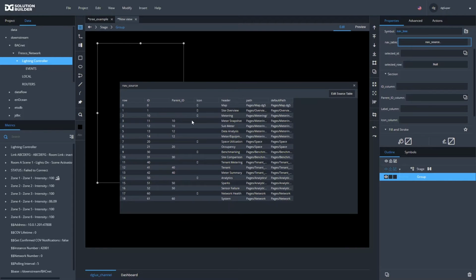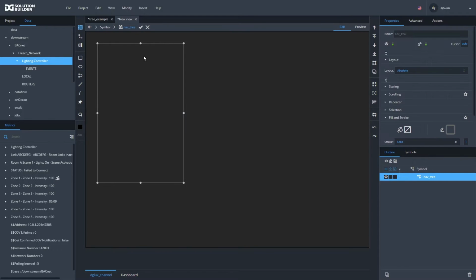So as we have our table, we can tell that our ID column is actually a column called ID. Our parent ID is parent ID. If you haven't noticed, I'm actually literally taking the names of the columns as they exist in my source table and then typing them in here to pass that information over. Label, of course, will be header, and icon column would be icon. Right? So I'm going to get back into my symbol,